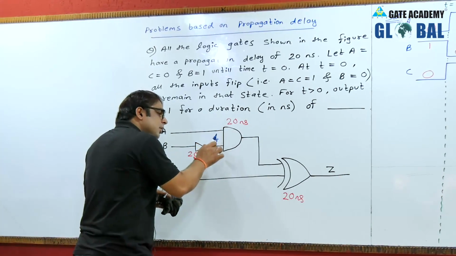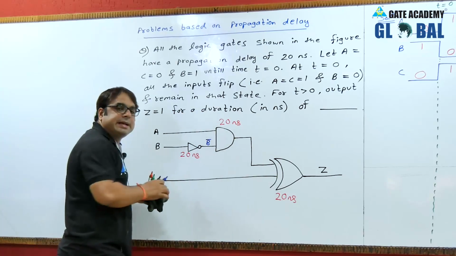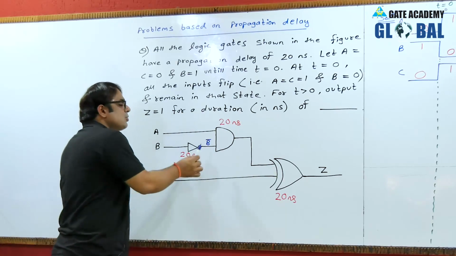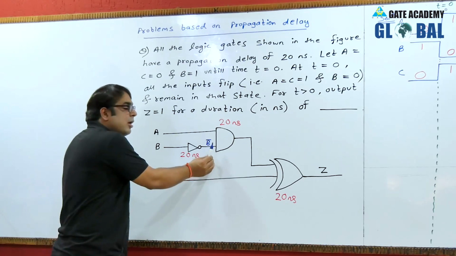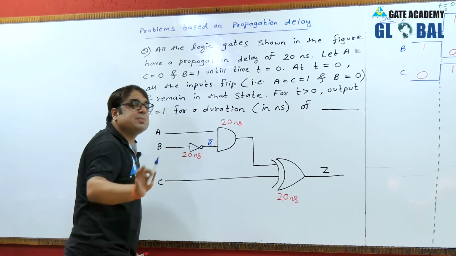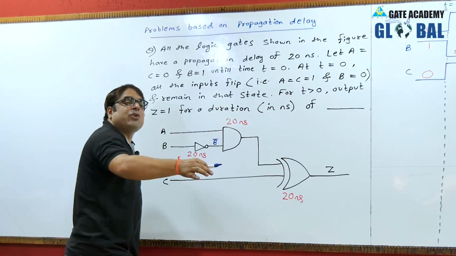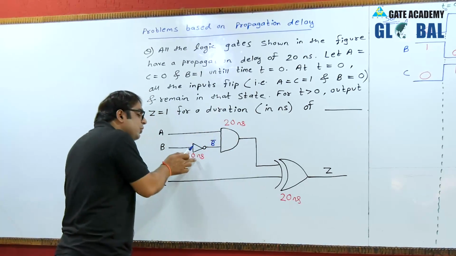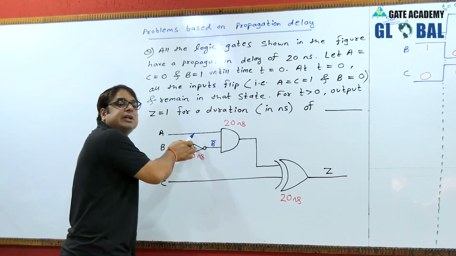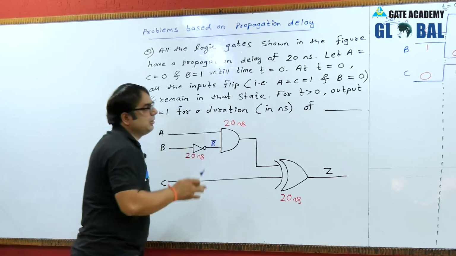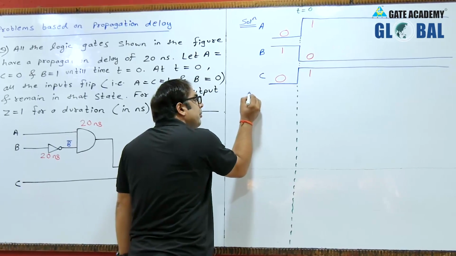So what I discussed, I am implementing in the complete circuit. So first, my output is B complement. I will draw first B complement without a delay, and then that waveform I will shift by 20 nanoseconds, which is the propagation delay of the logic gate. I will show here. So my first output is B complement.